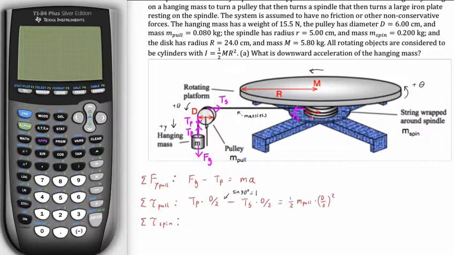All right, so now let's do a similar thing with the sum of torques on the spindle. So tau spin is just going to be Ts multiplied by R. That's the only torque acting on the spindle. And then it's actually going to equal 2 different moments of inertia, because we have to accelerate the spindle and the big disc on top, and they both have to accelerate with